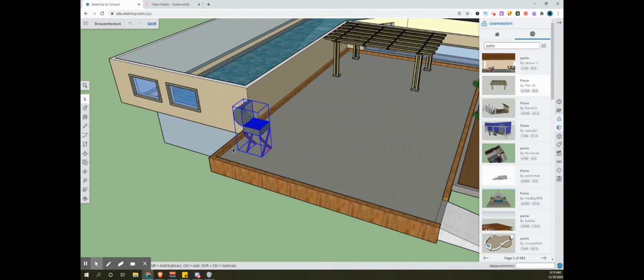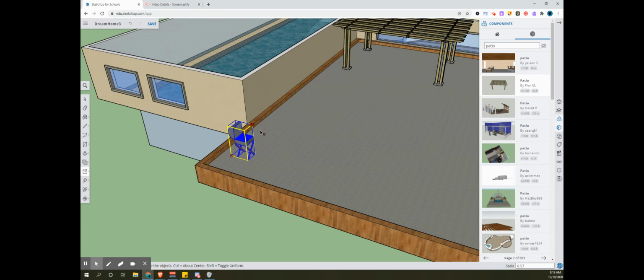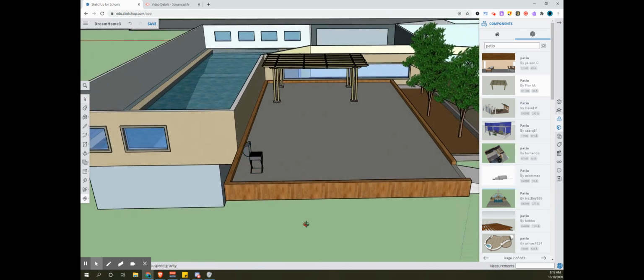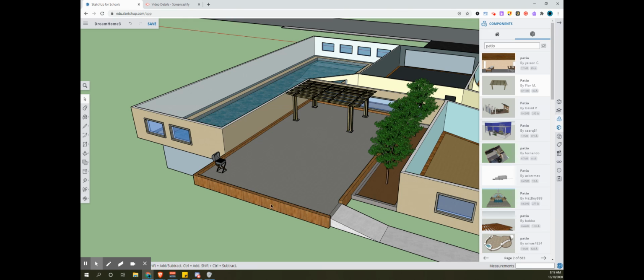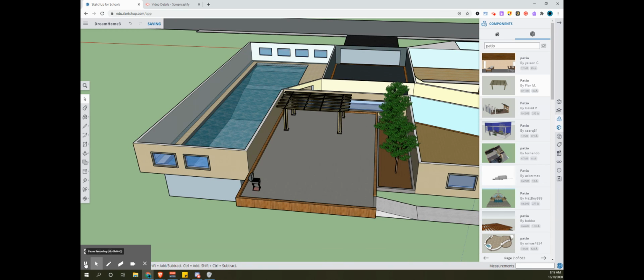I think this grill is gigantic, so I'm going to make it smaller. I'll have to go get my little person model and play around with it. But that's basically it. Download a few models, make it look pretty. You get the idea. Just make sure you have paths and you have a patio or a deck or something like that. And that's basically